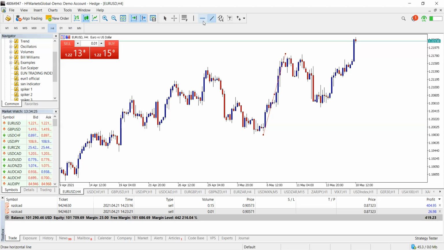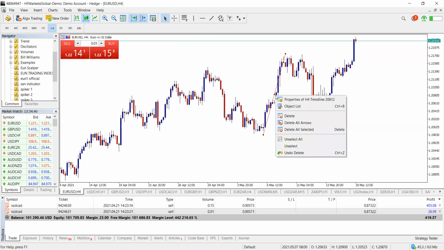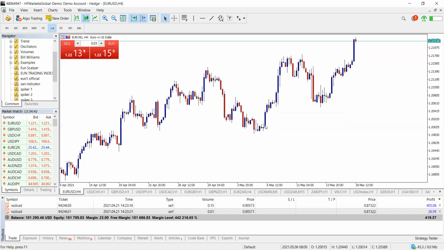And guess what? The forex market only goes in two directions. Either it is going up or it is going down. So it's either you're buying or you're selling. So we buy when it's going up and we sell when it is going down. So blue candles are for buy, red candles are for sell.